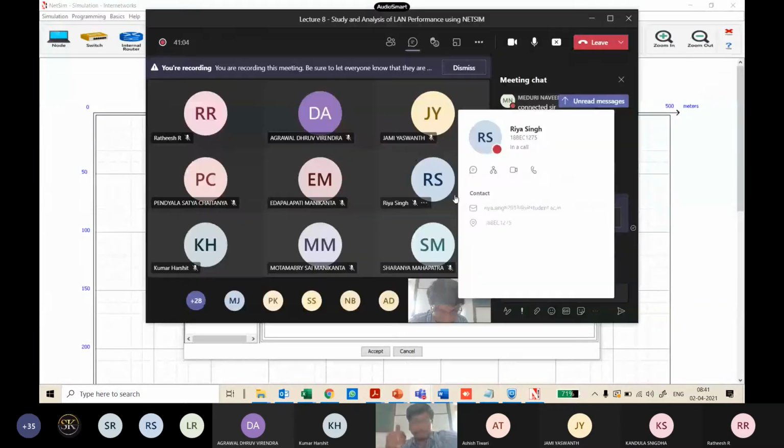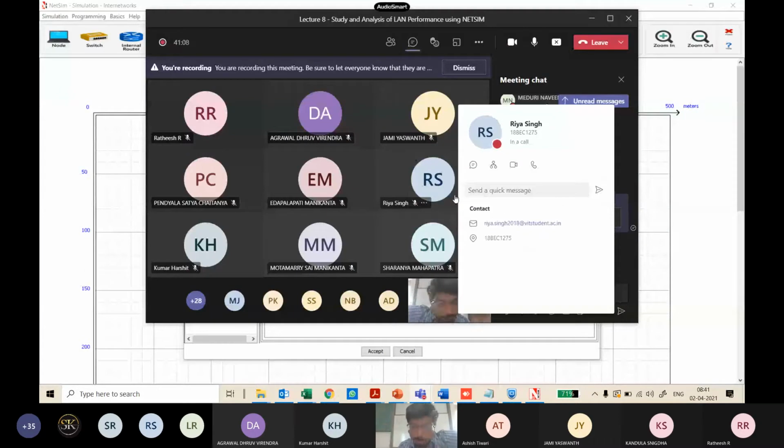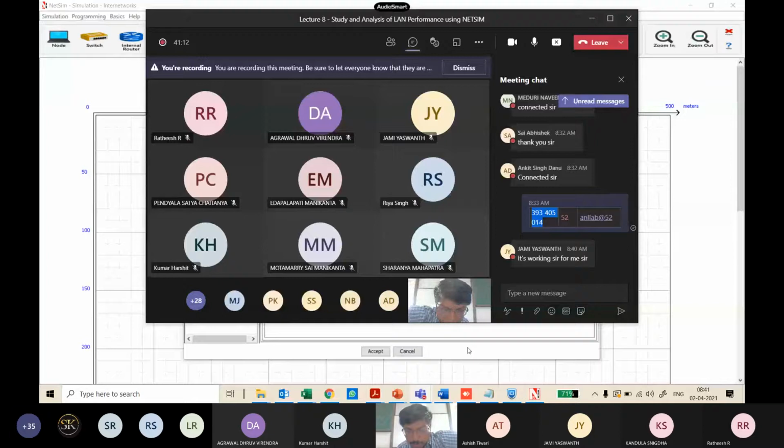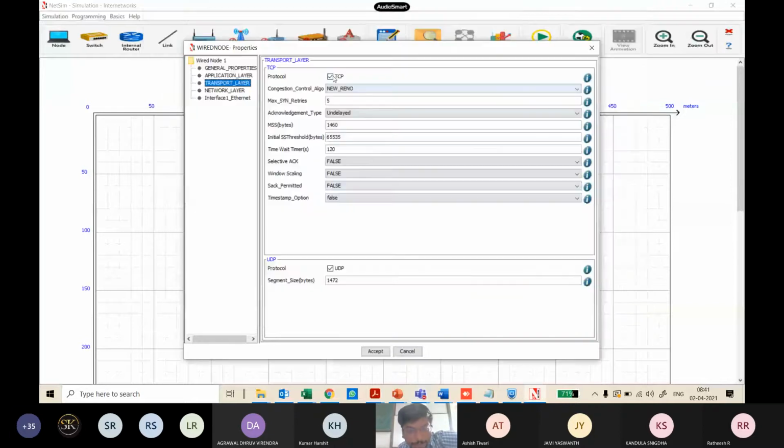TCP is slightly complex. It's quite reliable and all this. We are still going to continue using UDP for our simulation in NetSim. By default, TCP and UDP are both enabled. So for every node, I want you guys to go and disable TCP alone. You just have to click this checkbox and disable it, which means you're not enabling the TCP protocol in that particular node. But UDP is set by default, so UDP is going to be your underlying transport protocol.